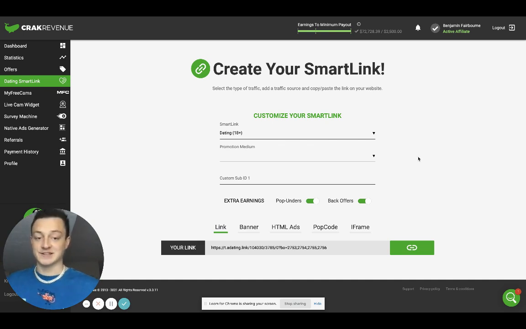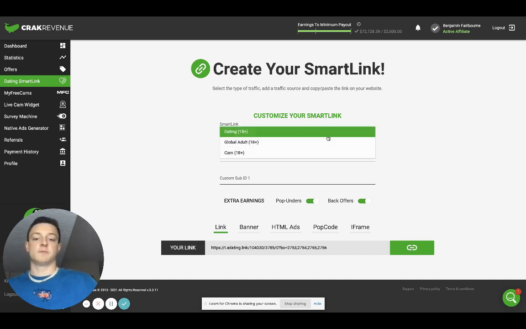But I want to explain to you guys how you can crush it, because I don't have all the time in the world to do all these methods. If I did, I would. But I'm literally giving you guys gold here. So you get your link, boom. Make sure you have these on, because if someone presses the back button, you get money. You also earn extra just from selling your Popunder traffic. People go through your link, Popunders happen naturally, and you make more money.